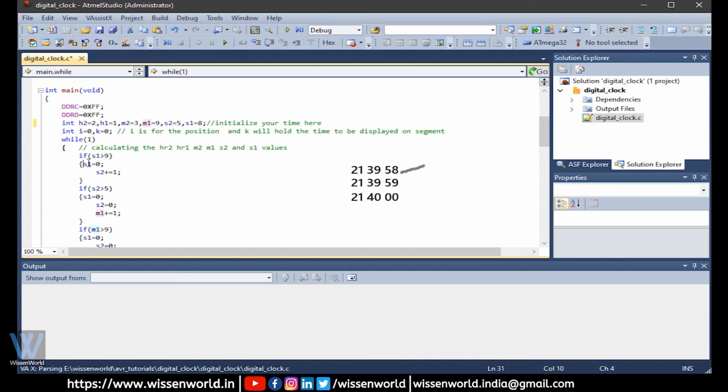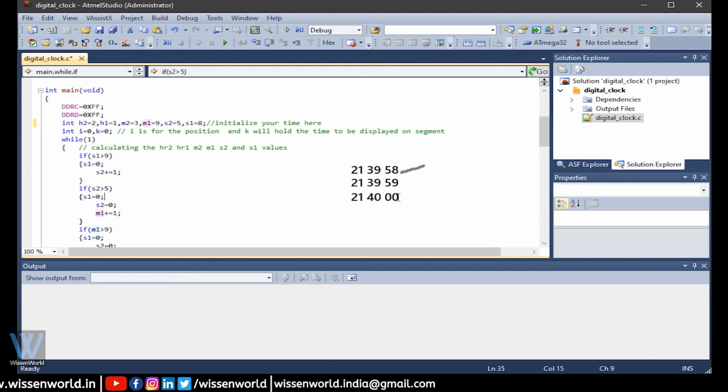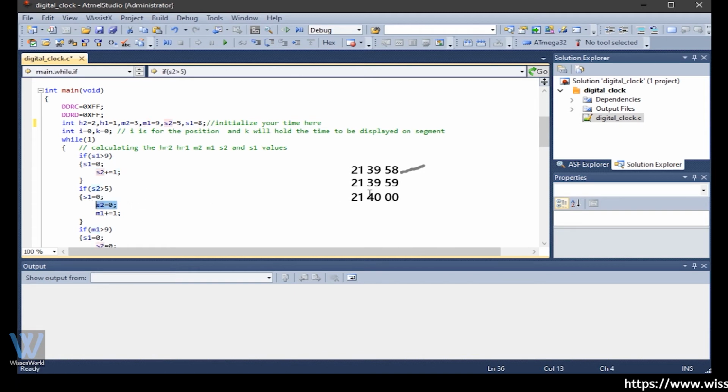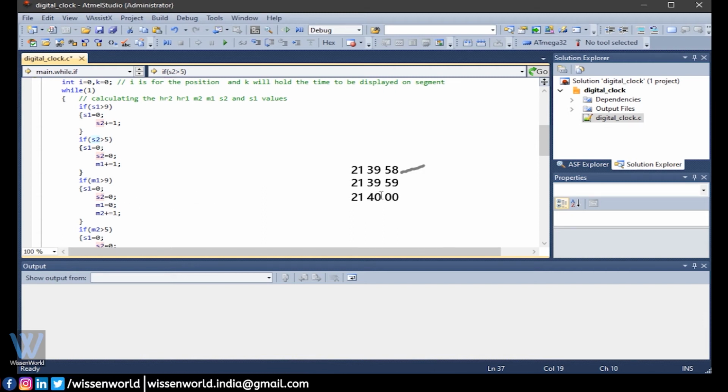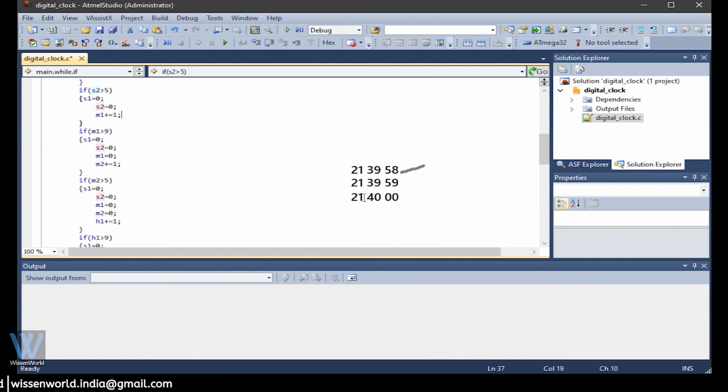So in the second case, when we see that it's 59, it will increment the further place, and then it will increment the second place. Okay, it's quite confusing a little bit. And then the minutes case. So these are the cases in the minutes and hours and in seconds, which are the same. We just have to reinitialize these with 0 and increment the other one.